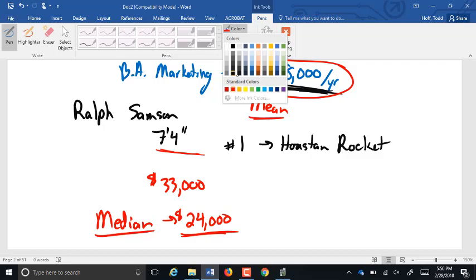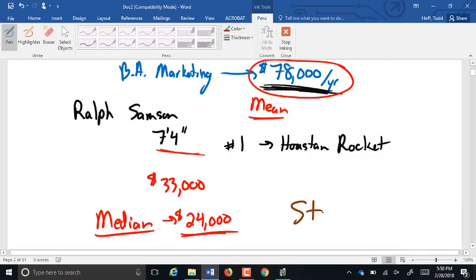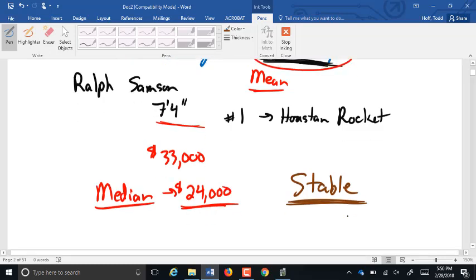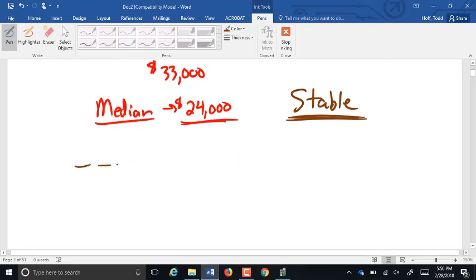The median is, accuracy is kind of a relative term. It's what we call stable. The median is more stable. One large number can change the mean because we add them up and divide. We're adding that one large number in there and we're still only dividing by one more. The median, the most it's going to do, since we just find the middle number,